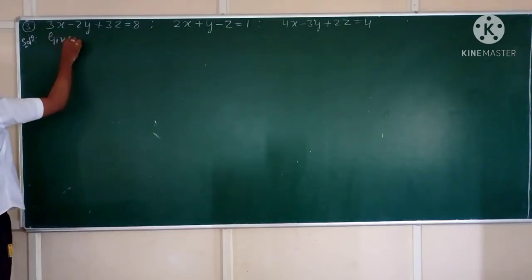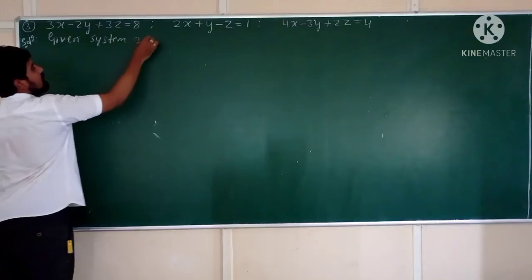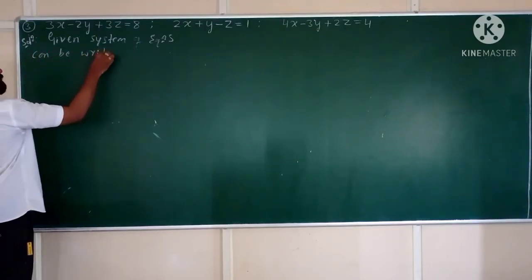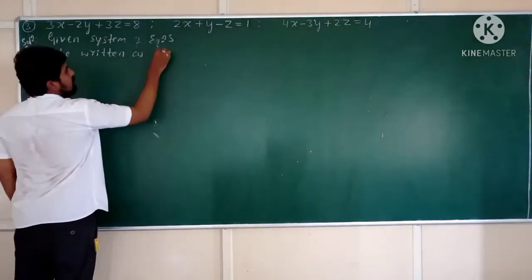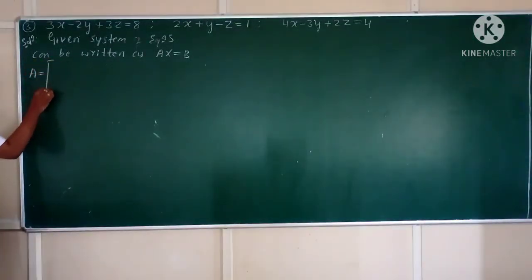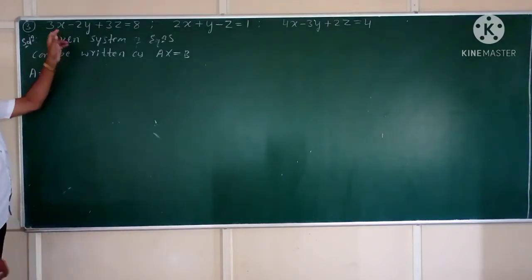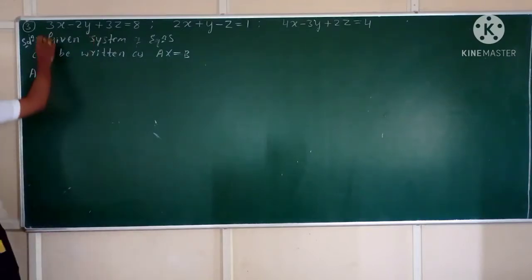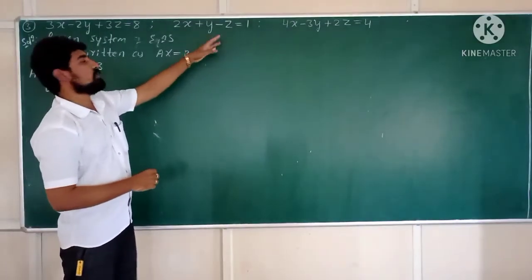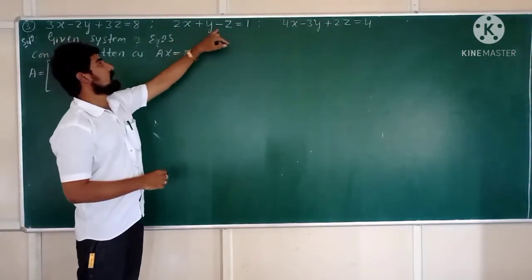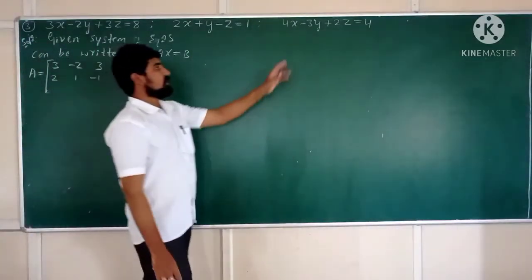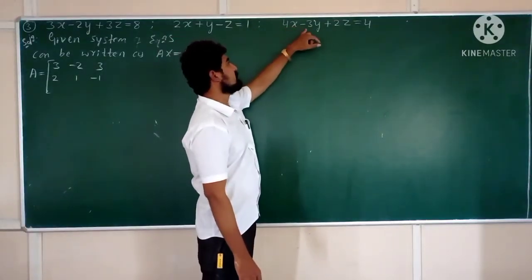So the given system of equations can be written as AX equals B, where A is a coefficient matrix in which the first row consists of the coefficients of x, y and z in the first equation, which are given by 3, minus 2, 3, and the second row consists of the coefficients of x, y, z in the second equation, which are given by 2, 1, minus 1, and the third row consists of the coefficients of x, y, z in the third equation, which are given by 4, minus 3, 2,